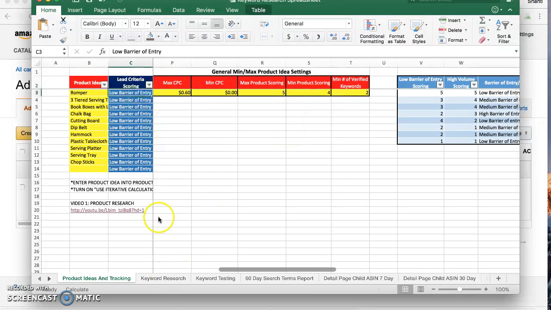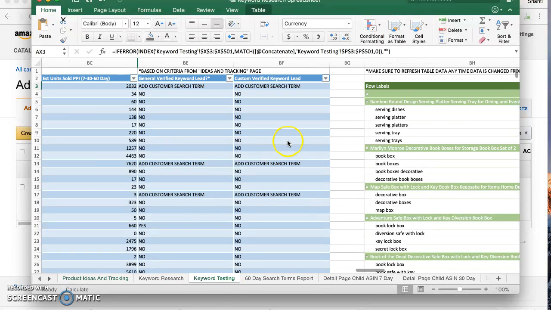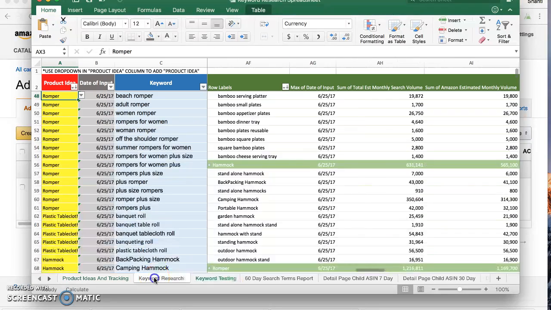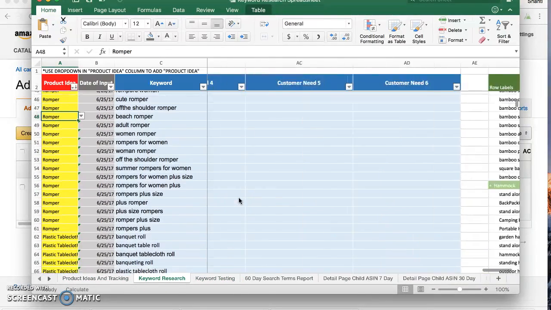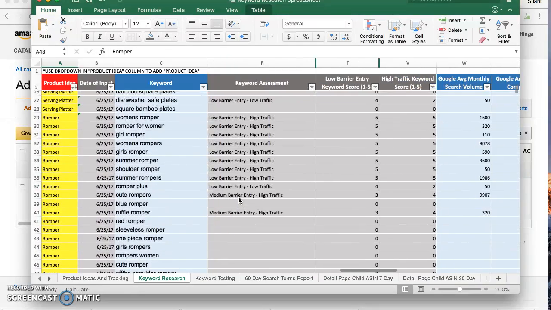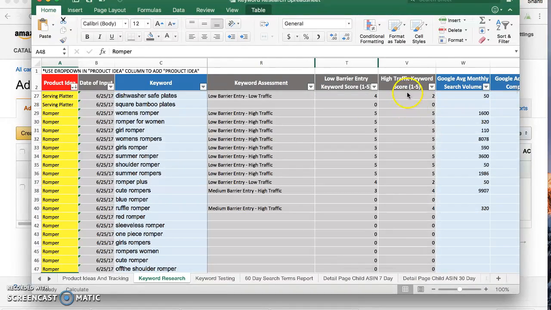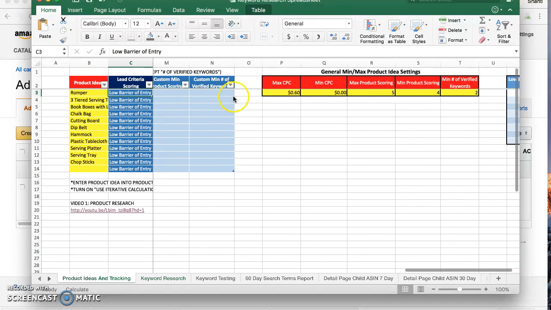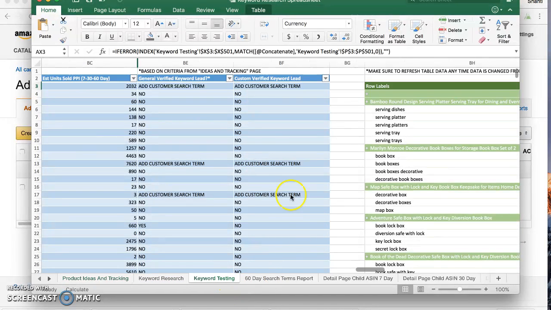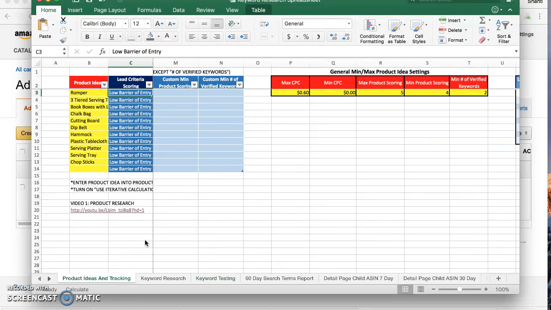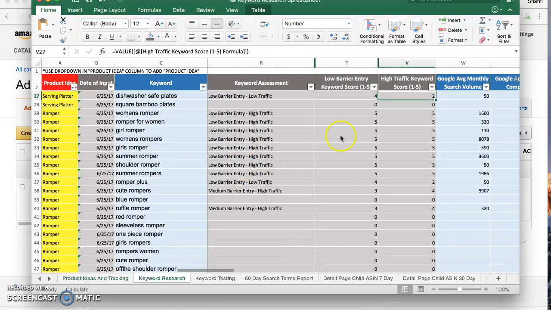And again, this is based on low barrier of entry versus volume, but anything that shows up on the keyword research spreadsheet as underneath a 4 in whichever column it's being scored off of, whether high traffic or low barrier of entry, will not show up as a verified keyword lead, right? And so we have two, and so the general verified keyword lead is going off of this table right here, and then we have a custom